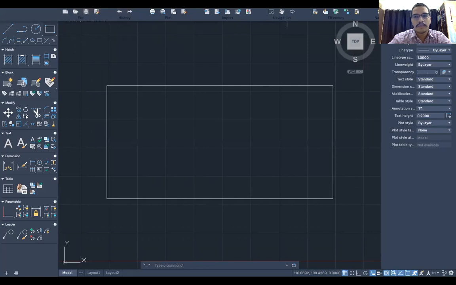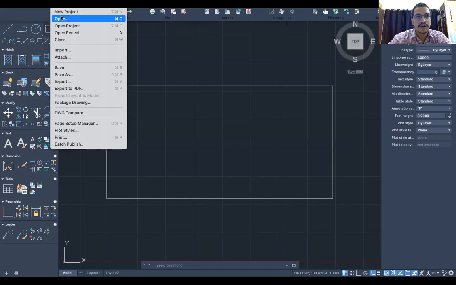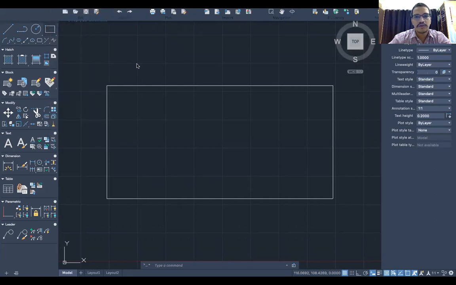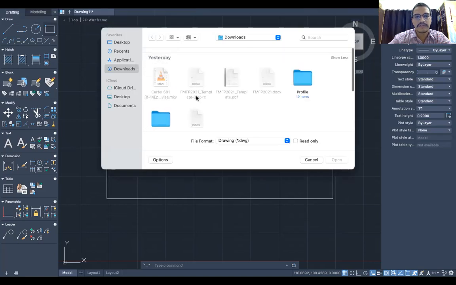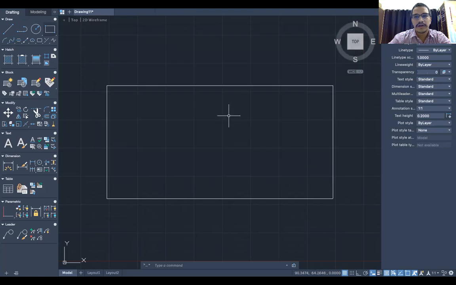If you want to open an existing file, go to the file and as you can see, open. Just click on the open and you can select any drawing located in any of your folders. So the shortcut is Control N for Windows and Command N for the Mac users. Okay, so that is for the new drawing and open a file.